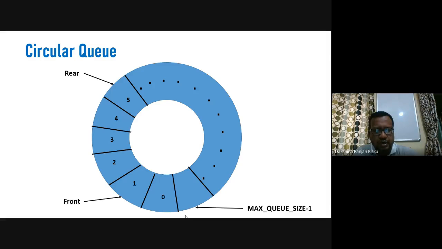So therefore, the advantage of circular queue is that after reaching the maximum size of the queue, if some positions are still available at the beginning, we can insert the new elements at these positions. Okay, because it is the circular ring structure or the ring buffer, we can have some positions vacant at the beginning. So at these available positions, we can insert the new elements.